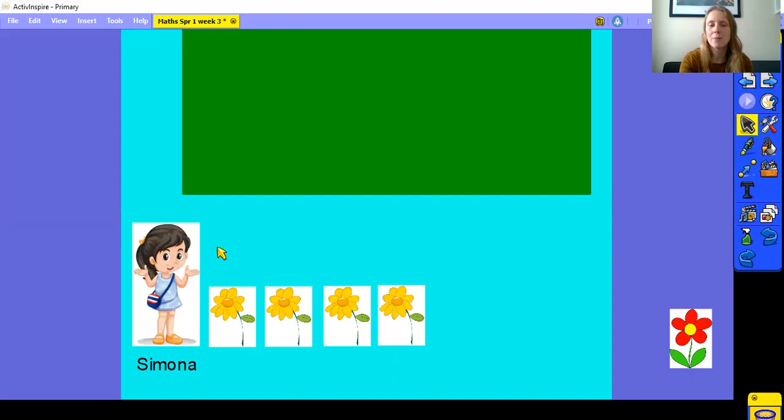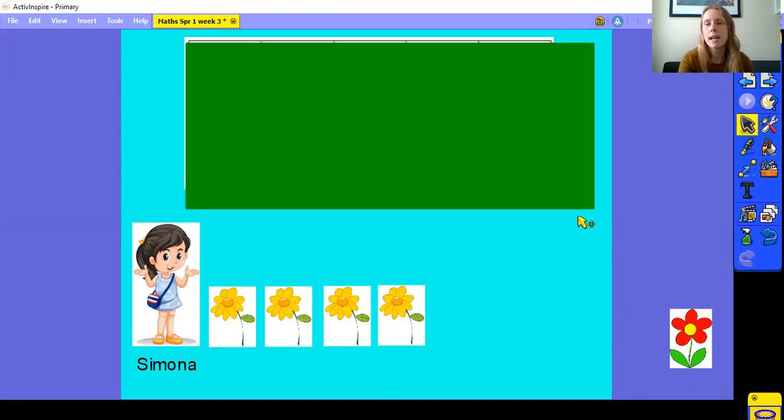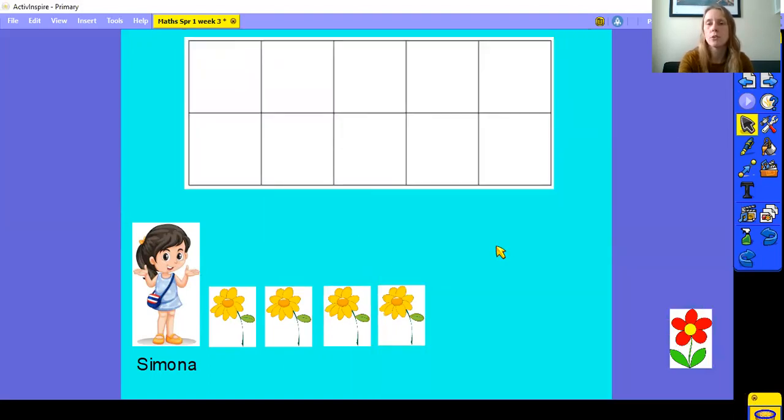Here is Simona. Simona has been picking flowers. First, she went to pick the yellow flowers, but then she found one more flower that was red. Let's work out how many Simona has altogether. Let's put them on the 10 frame. So first, Simona had 1,